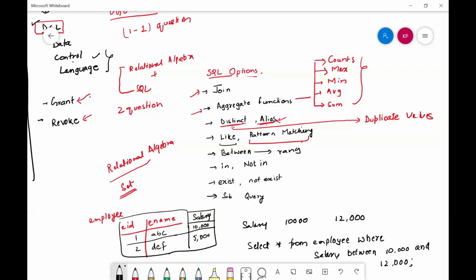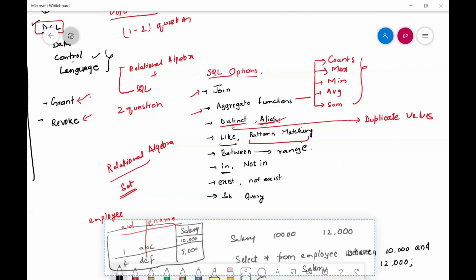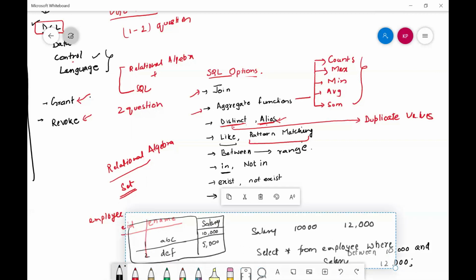Next is in. Suppose we have two or three values which we need to match. For example, we need the employee id and employee name of employees whose employee id is 1, 2 and 5.